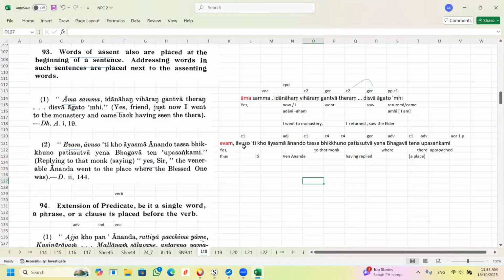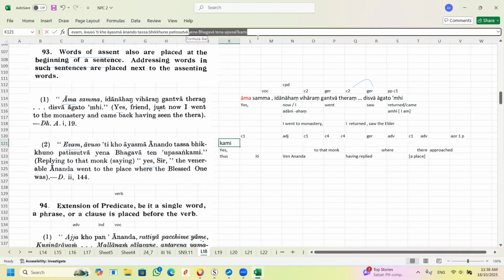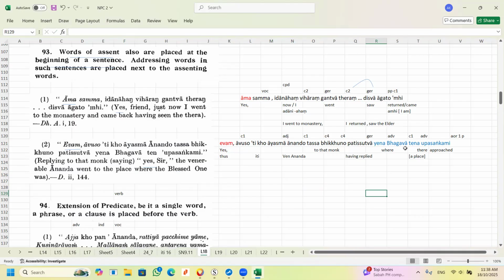Because here is Avuso. Can you see? This is Venerable Ananda. Can you see here? This is Jaran having reply. Having reply, that means in this case, you have to be yes. Okay. And this is very interesting. Yena Bhagavatena. So this is one phrase. Yena and Tena, the where and there. Where the Bhagava, there